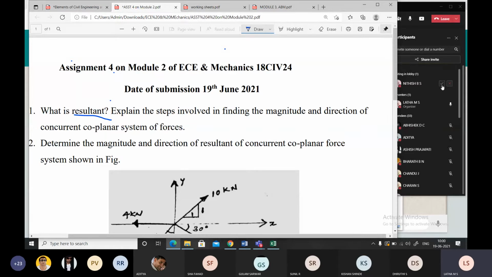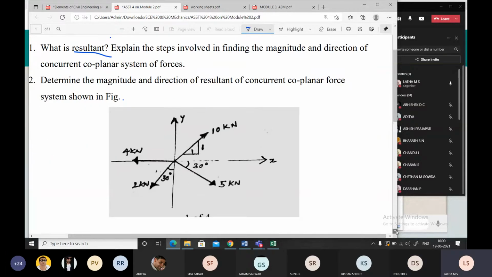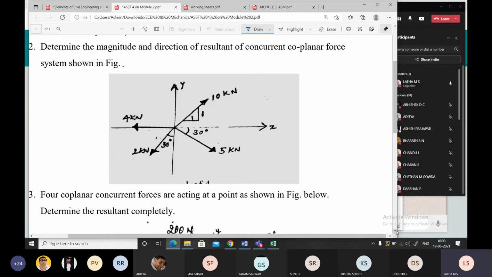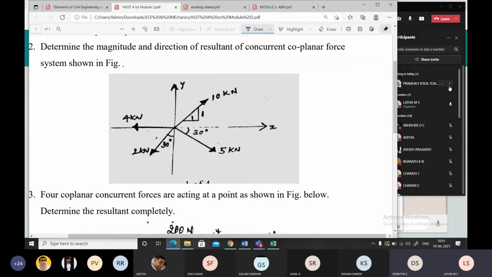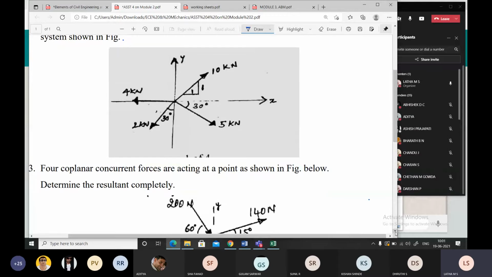Is the first question clear to you? Yes, ma'am. Now you have the second question. Any doubt here, students? No, ma'am. Very good. But ma'am, what is the answer? We want to check it. Okay, I'll give you the answer later. Even I don't have the answer values here. I'll share that. I'm happy that I'm getting some response. That means you are following my lecture.